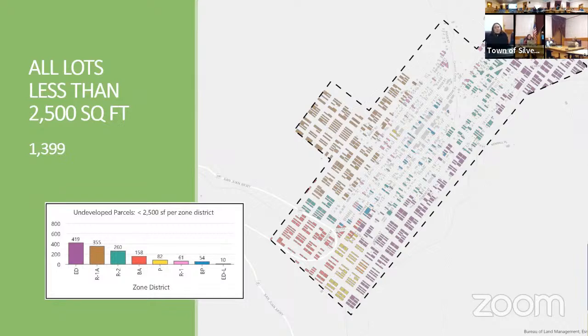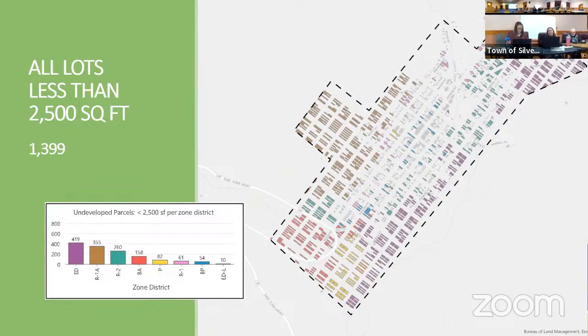I think part of the issue is that I actually noticed this a few months ago: single lots are rarely the exact size of 25 by 100. That's just what happened when you develop a grid a really long time ago. I don't think these are a result of a subdivision or a boundary adjustment. I think they're mostly a result of just not being exact.